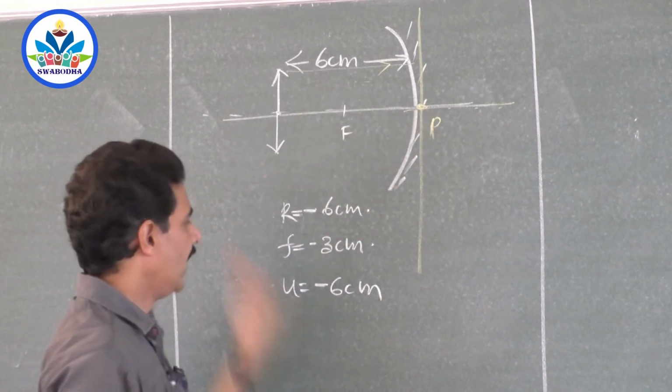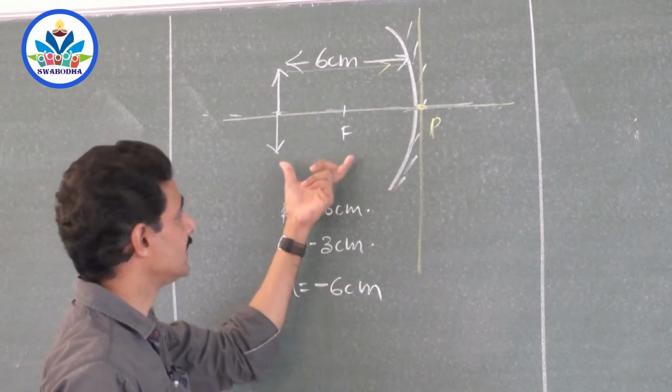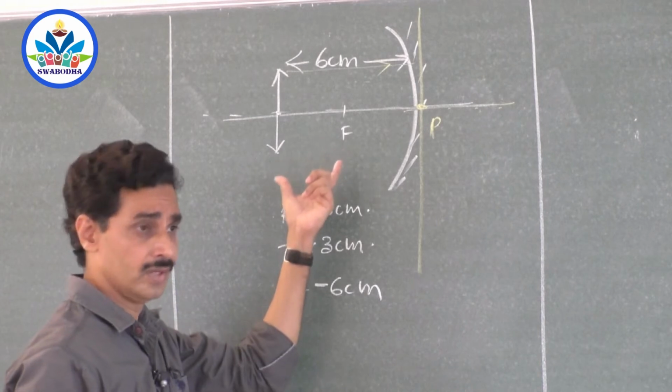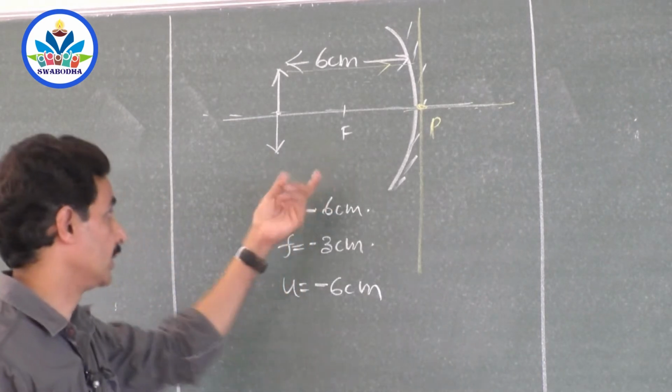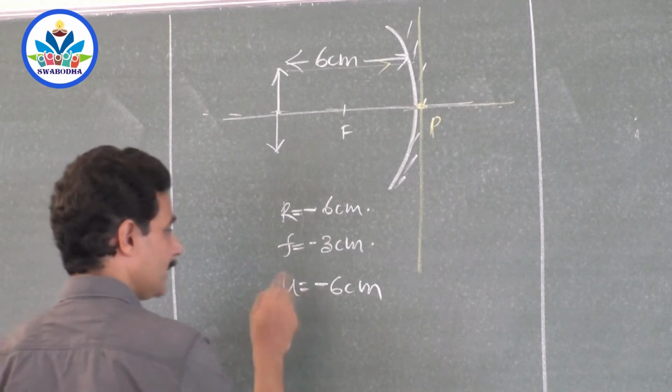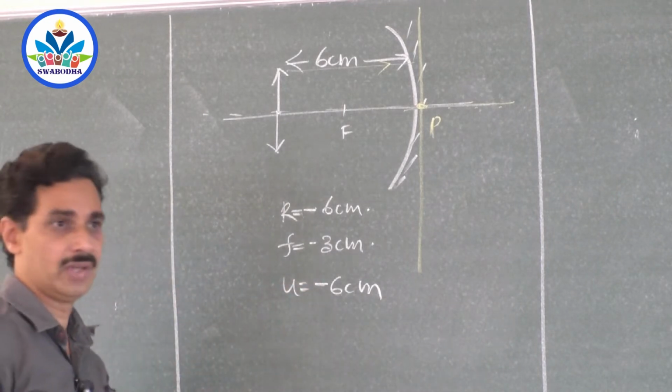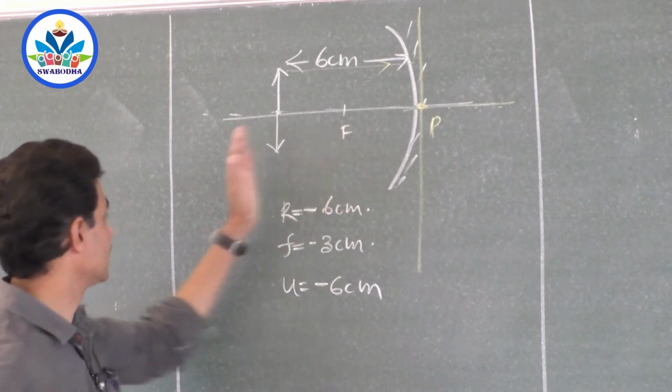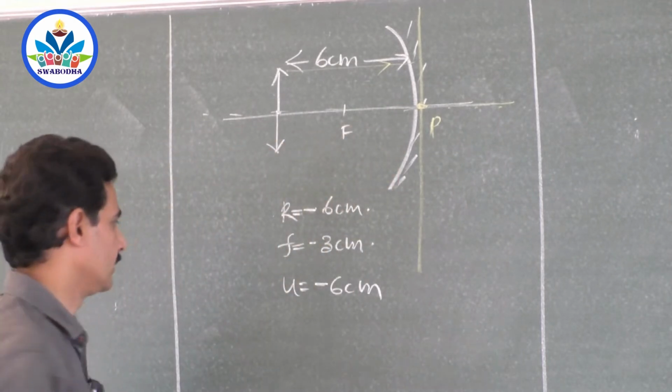So here, you know the result, the image distance should be 6 cm. Simply we are solving it now. We will check whether you get 6 cm or not. Image distance should be 6 cm, and finally you should get the image distance as negative. You know why it is so? Because the image is formed on the same side, so it should also be negative.